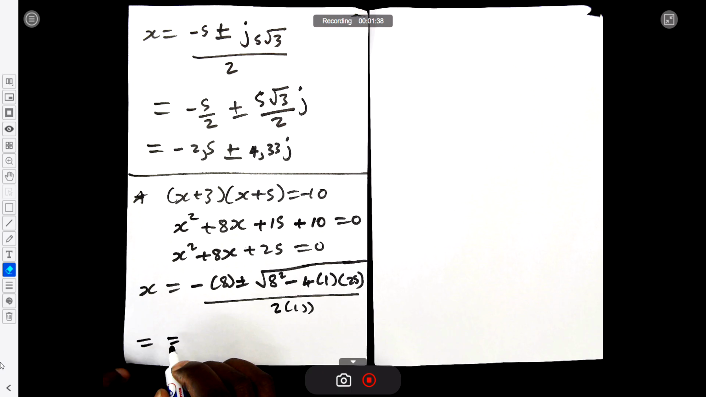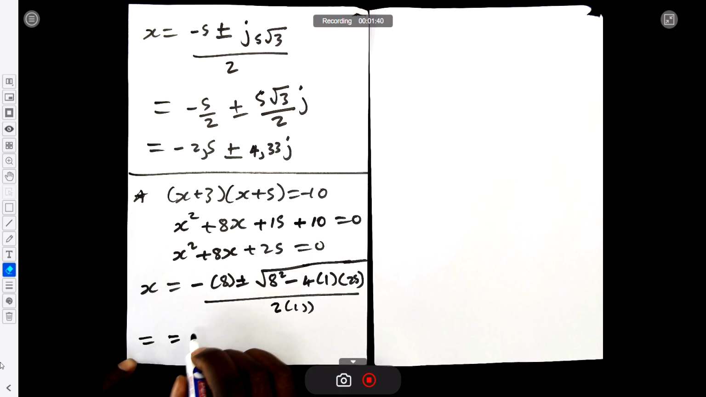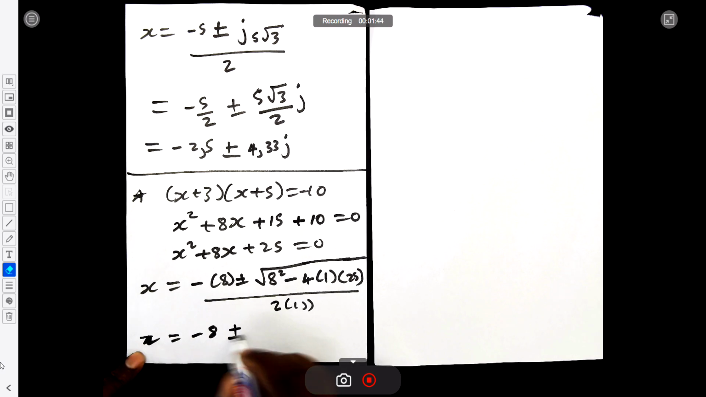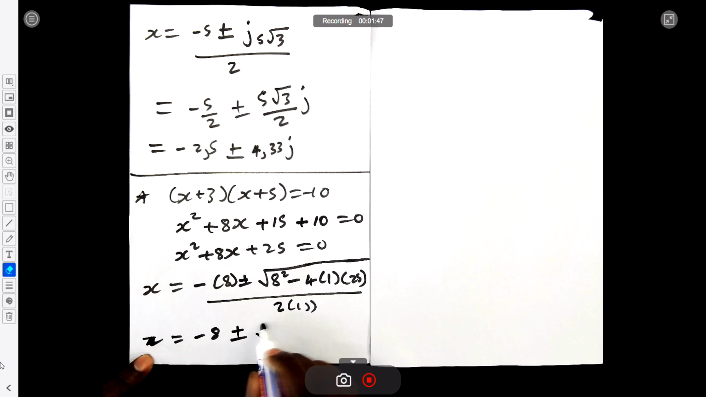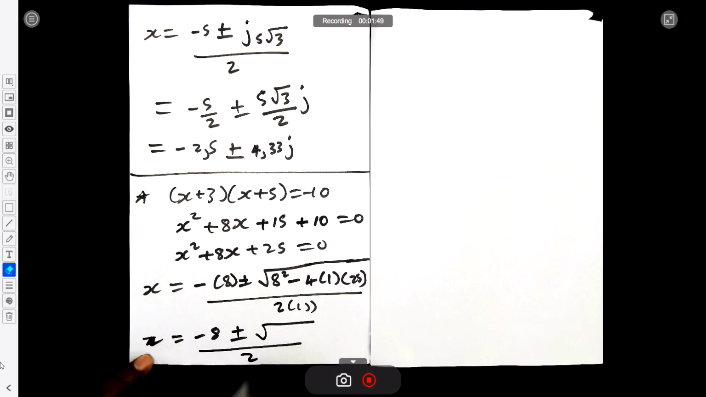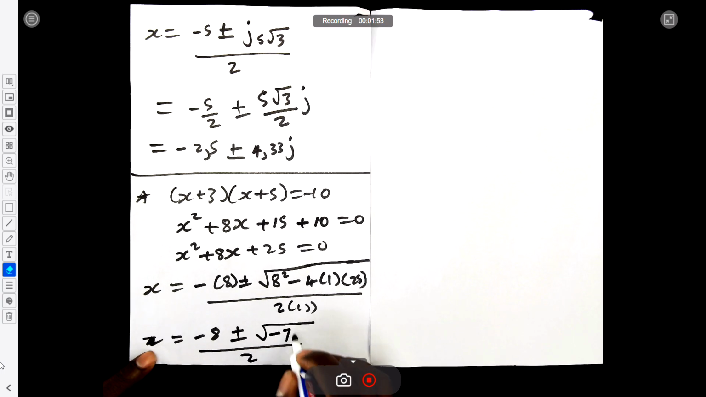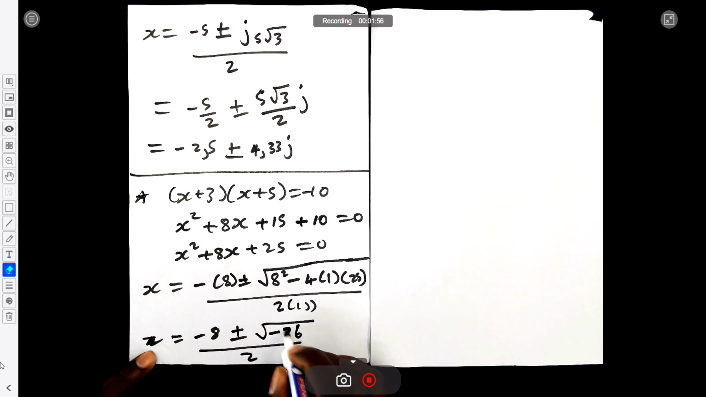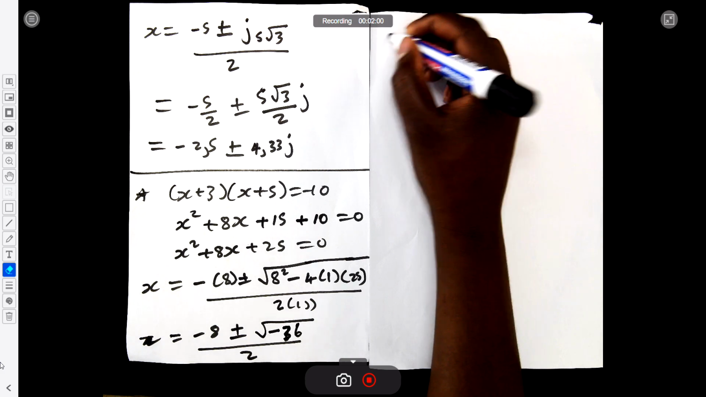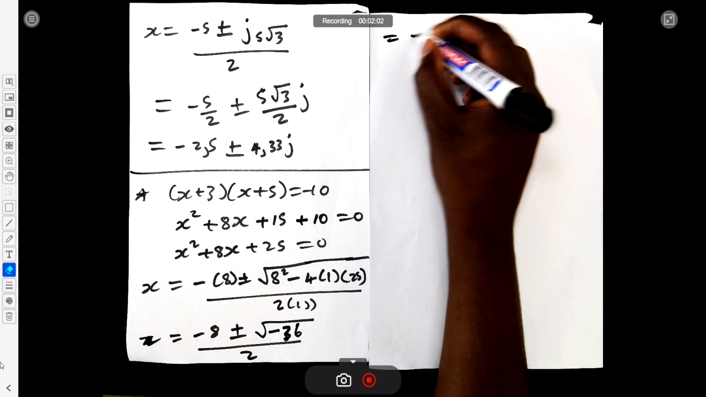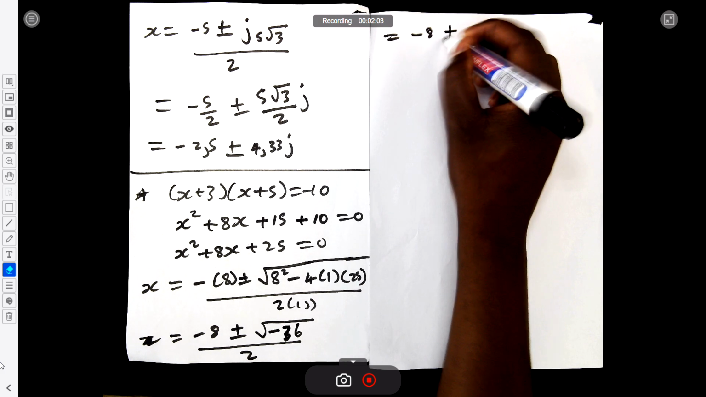x is equal to -8 plus or minus. So what is inside the square root? What is the value? -76 or -36? Thank you, -36. Therefore, we can state that -8 plus or minus